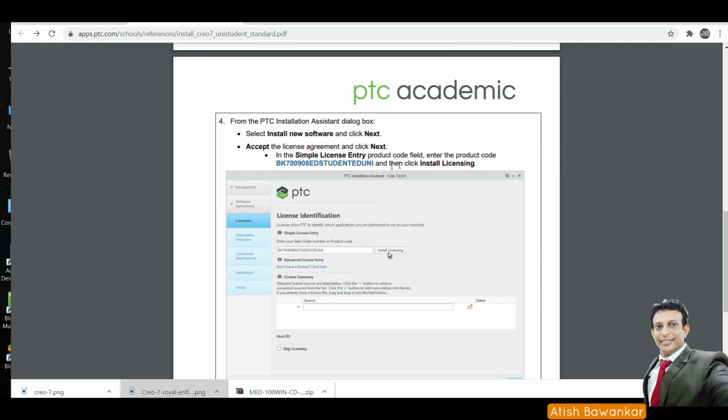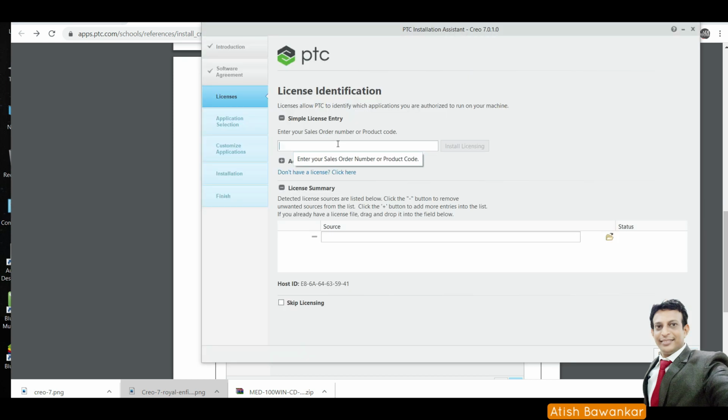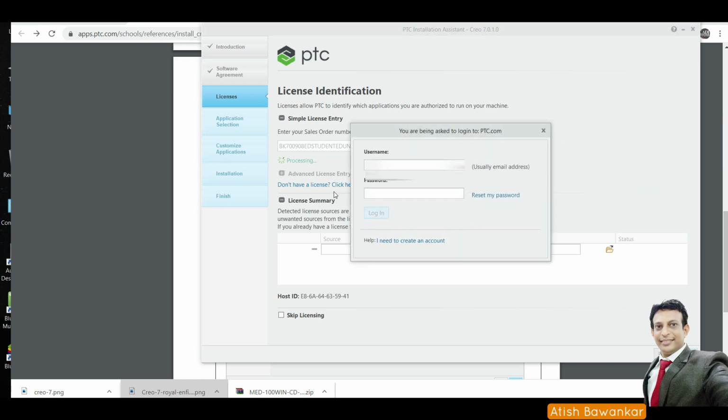Under this you will find the product code. So this will be our product code. I'll just copy this product code and paste it here and say install licensing. So it will ask for the username and password. Here you have to fill in the email address and the password.